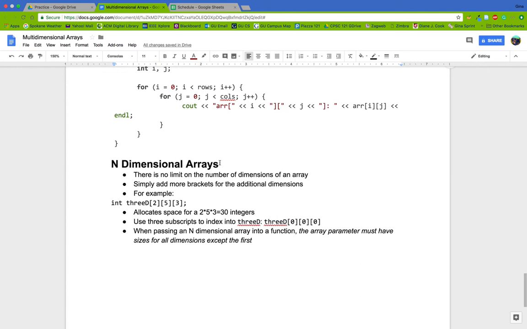For example, to declare a 3D array, you'd have to have 3 subscript notation brackets with 3 sizes. And then to index into a 3D array, you would have to have 3 subscript brackets with 3 indices. And if you were to write a for loop, for example, to iterate over a 3D array, you would have to have